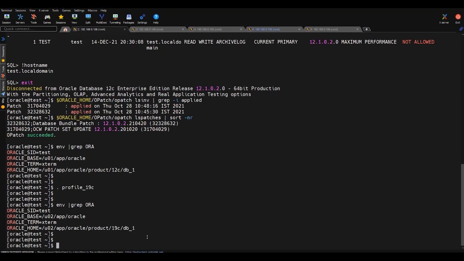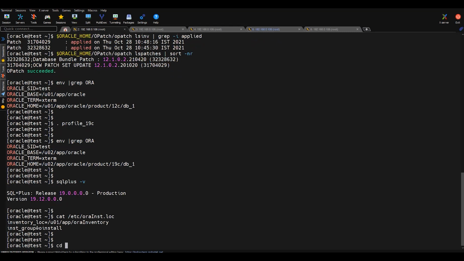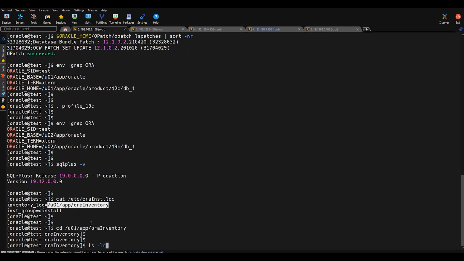Okay, so whenever you have to upgrade any database, the first thing you need to make sure is that the latest patches are applied and the 19C software is already installed on the servers. Let me run the sqlplus -v command. From here, you can identify it is running 19.12, which means we have already installed the 19C software also. And if you want, you can verify from the /etc/oraInst.loc file as well, to see what the current homes on this server are.